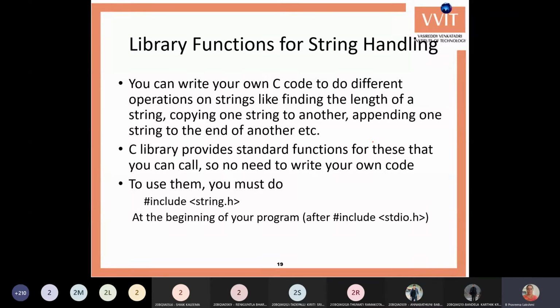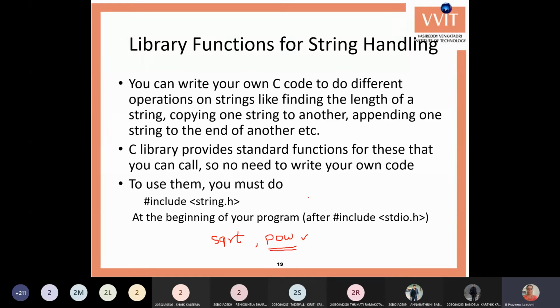For the frequent operations that we perform on strings, the C language provides us library functions. Using these library functions, you can use them without writing the same code every time. For example, whenever you require the square root, you use the square root function without writing code for it. In the same way, whenever you want to find the power of two numbers, without writing a for loop to find the power, we'll use the math file power function.